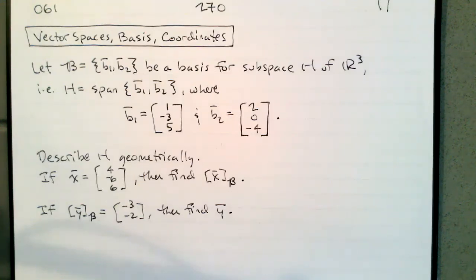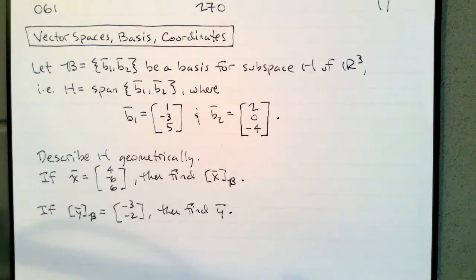Today we want to keep looking at vector spaces, basis, and coordinates, and this is why everything pretty much looks like Rn. So let's start off with a basis for a subspace of R3. Notice that my basis has two vectors in it, b1 and b2, and so we're dealing with a two-dimensional subspace of R3. So to describe H geometrically,